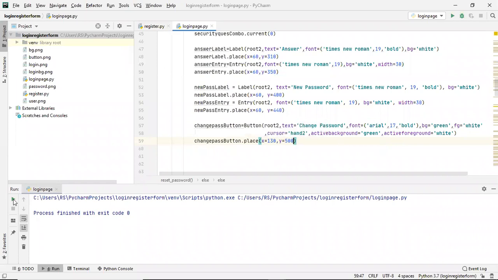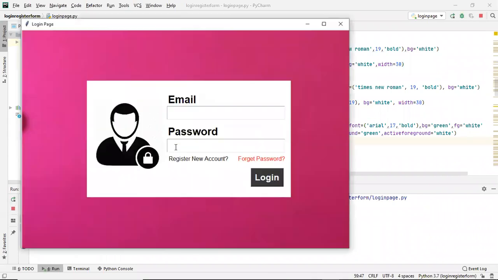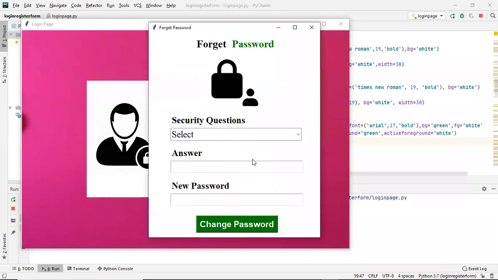Okay, now if I run this, and here if I enter the email address, okay, so cap @gmail.com, and click on this forget password. So see, we are done, right? So this is the button that I created. I hope you guys have understood this, right? So it's very easy. If you want, you can remove the border from here. You can make border 0. Okay, so this is how I have created this.